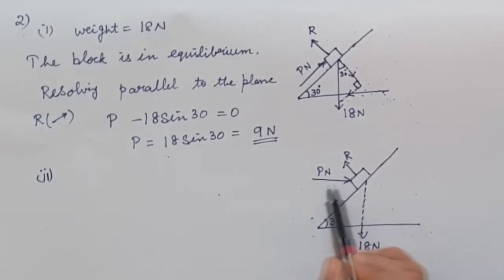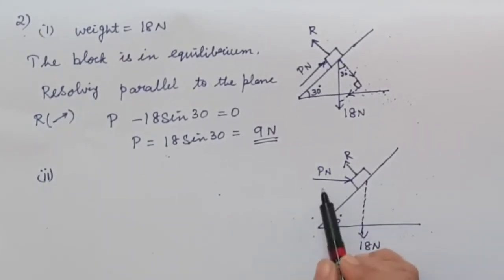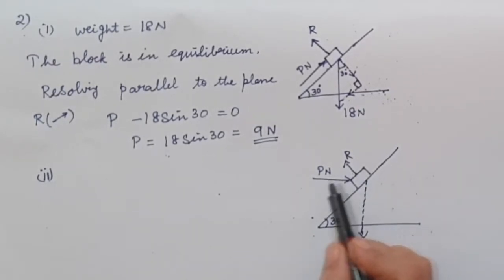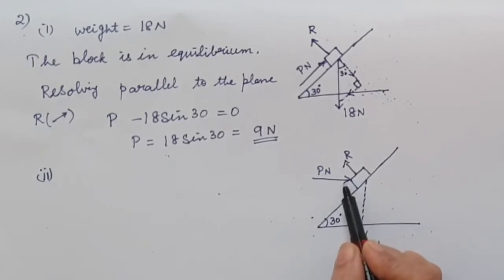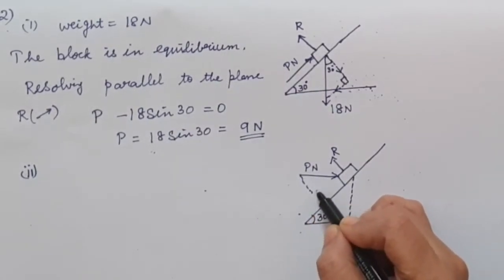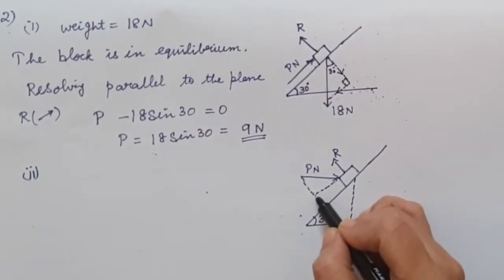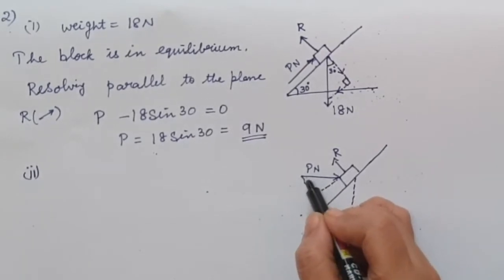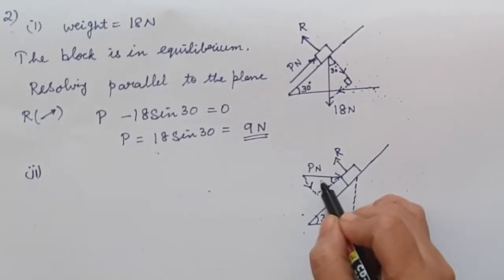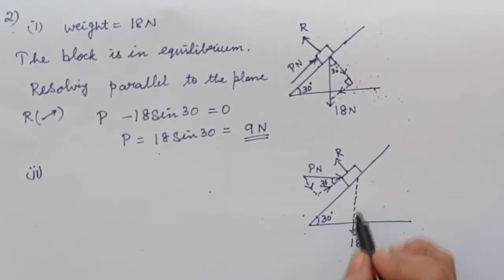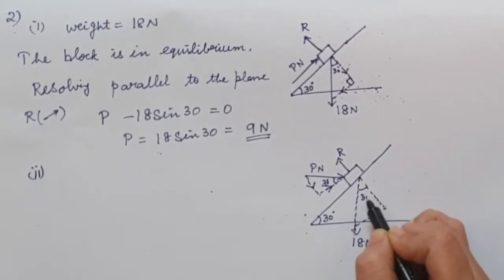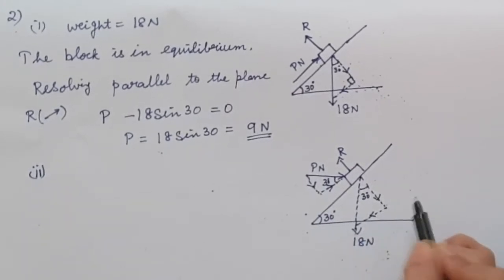Now in the second part of the question, the force is acting horizontally. Here R is perpendicular to the plane. This P is neither perpendicular nor parallel to the plane, so we need to resolve this. In order to resolve, again make a right angle triangle over here. Now this is our initial point, so our arrows will be in this direction. This is 30, so this angle will also be 30 degrees. And then this one also we resolve like this. This angle is also 30 degrees and our direction is in this direction.